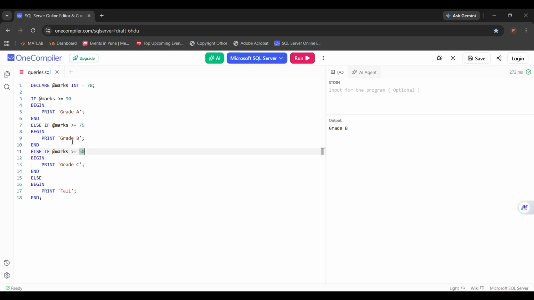The grading rules are: 90 or above is grade A, 75 to 89 is grade B, 50 to 74 is grade C, and below that is fail. Since 78 falls between 75 and 89, the program prints grade B.